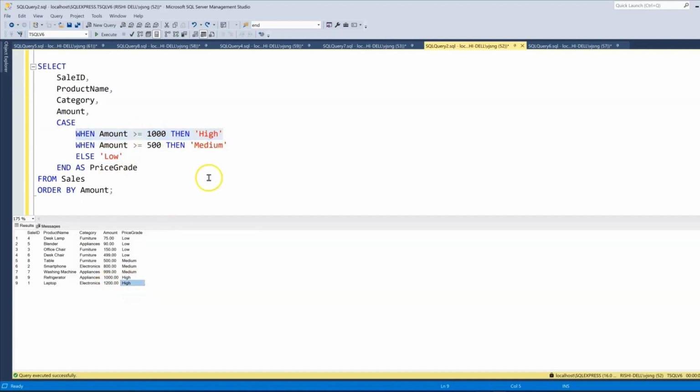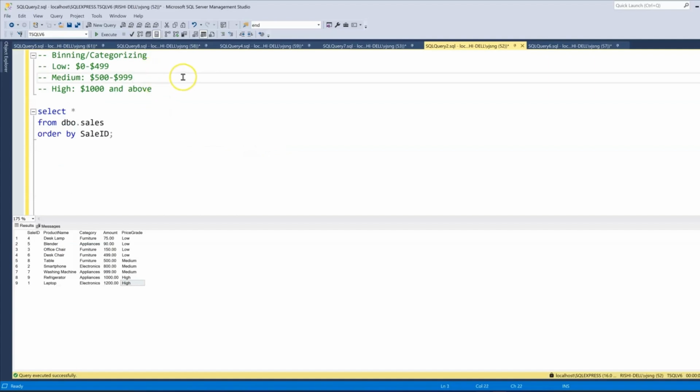So it gets assigned a value high and it moves on to the next row, whatever the next row would have been here. So that is how it works. And that is why this works here, like this outlay. But what you can also do here is, for example, if you want to say medium, it is also okay